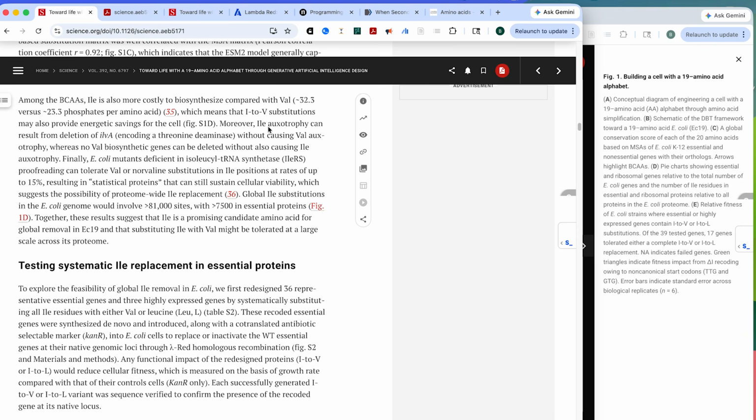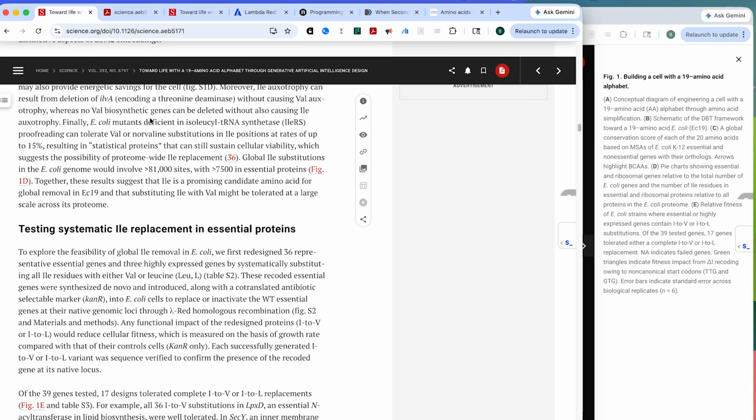And so messing with isoleucine would have less of an effect, you would think, than messing with the valine. As a last piece of evidence, they say that cells that have an ineffective version of isoleucyl tRNA synthetase, which is the protein that sticks the isoleucine onto the tRNA to take to the ribosome,